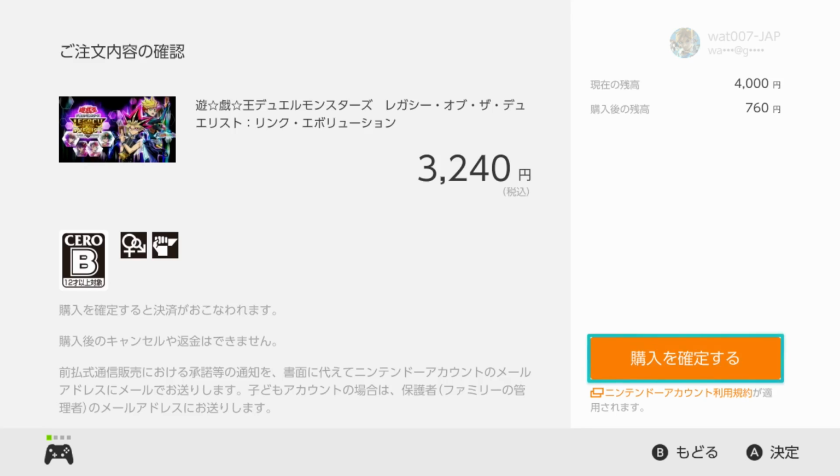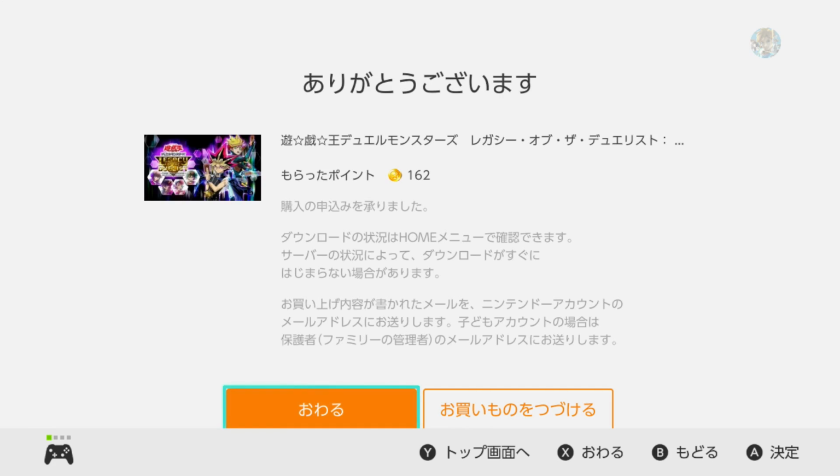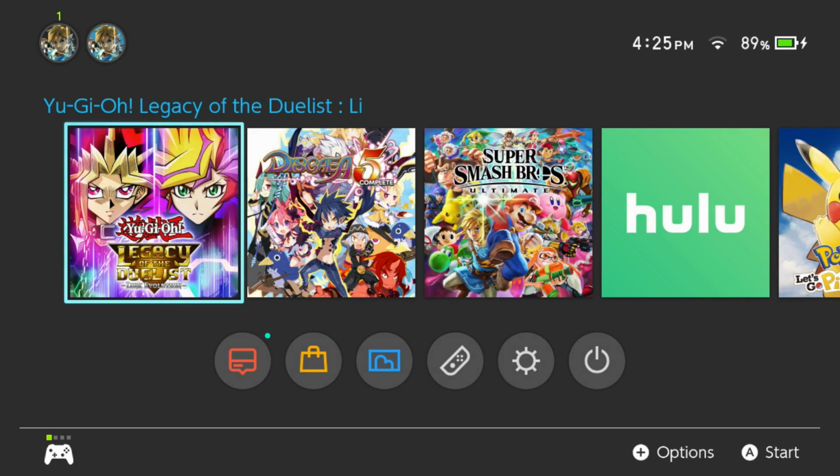Now that we have our 4,000 yen, I'm just going to go through this whole purchase, and we're just going to click purchase, and then we are good to go. We have successfully done this, and we just click OK. Once we head back to the home screen, we're going to see that Legacy of the Duelist Link Evolution is downloading right now, and as you can see, it's actually in English, which is really cool. I can't wait for this to download, and I can't wait to play this game once it comes out